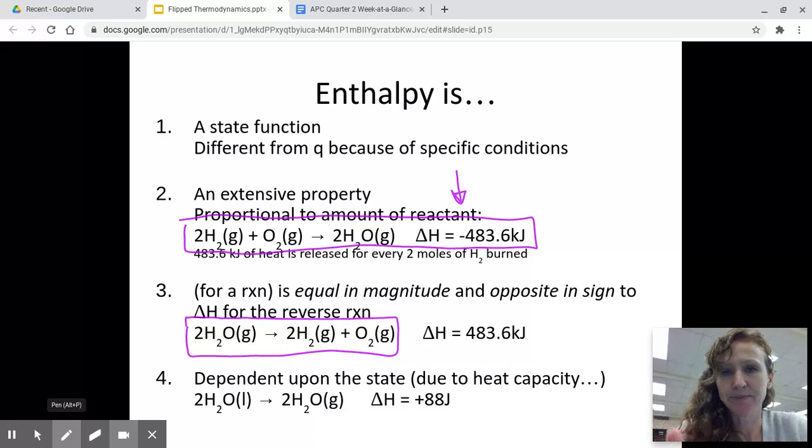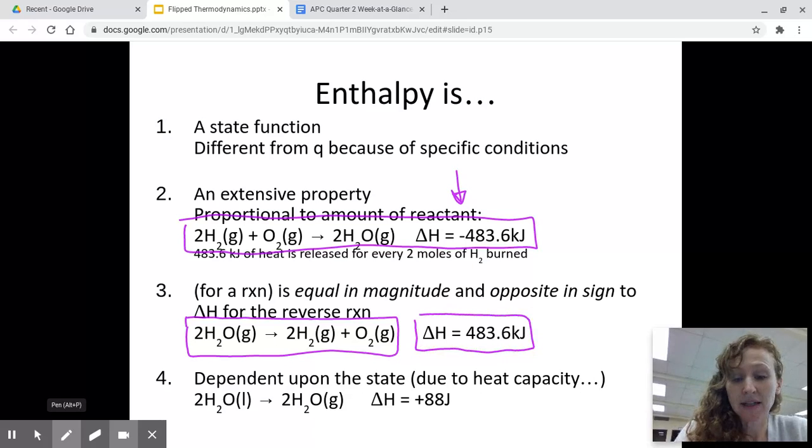Well, if you flip the reaction, notice here they have reversed the reaction without changing any of the coefficients. They just reversed it. So when water falls apart into hydrogen and oxygen, the enthalpy is equal in magnitude but opposite in sign, which indicates that in this case, the heat is not released from the system into the surroundings. Heat is actually absorbed from the surroundings into the system. So if you reverse the reaction, the enthalpy is going to be equal in magnitude, opposite in sign. Number 4,